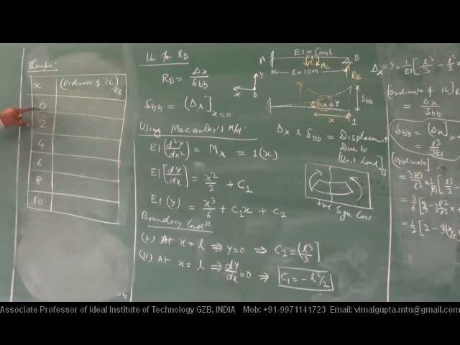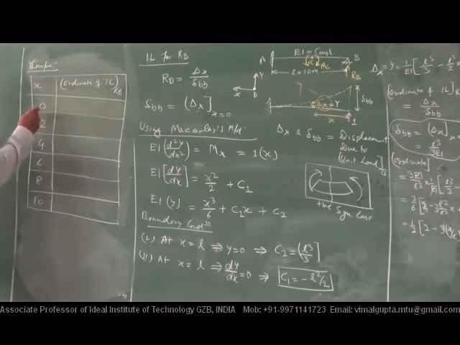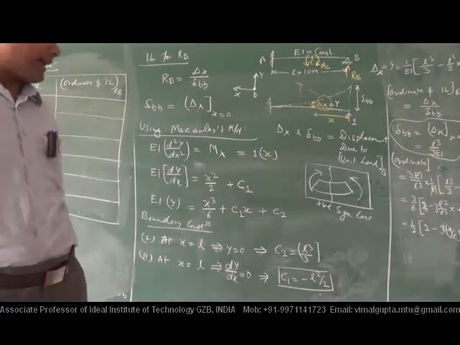Why I have taken interval of 2 meter? In exam, that interval can be mentioned, or it may not be mentioned. If it is mentioned, then you have to find the ordinate at that interval. If it is not, then choose any interval. If interval is not given, then you have the freedom. So at x is equal to 0, what is that?